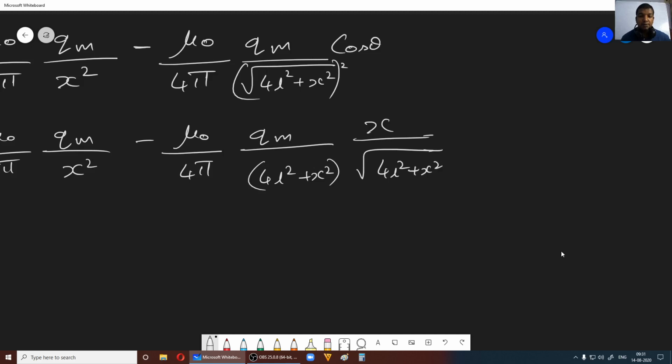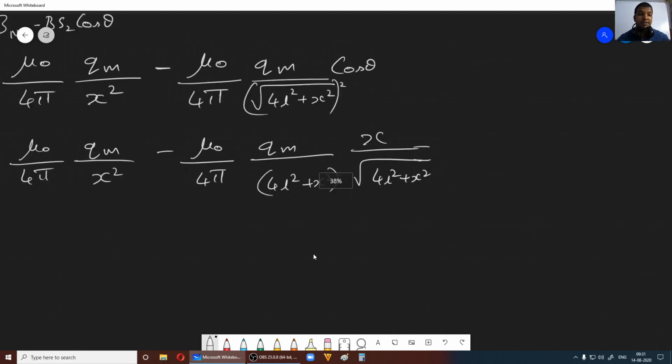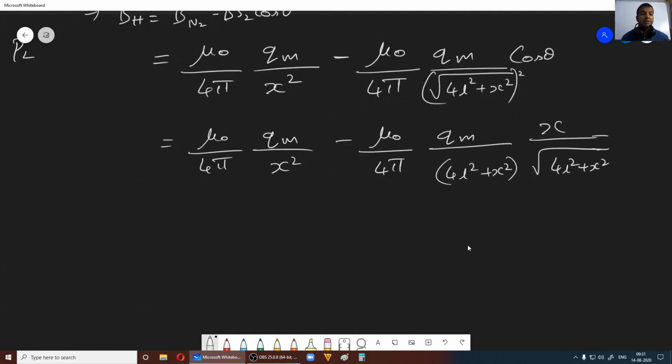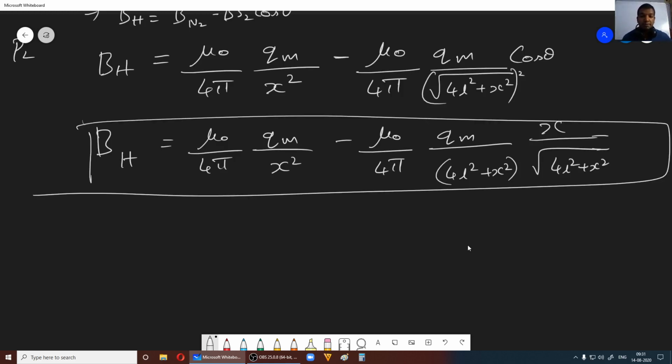Okay, so you know everything except x, and you can determine x, fine. So this is actually BH, right? Yeah, BH. So BH is known, magnetic pole strength you need to know, right? So everything is known. From this equation you can determine x. So this is how you can find out the neutral point if the magnet is kept perpendicular.